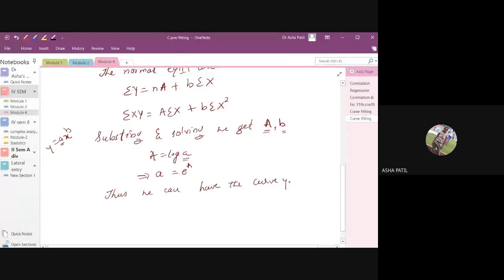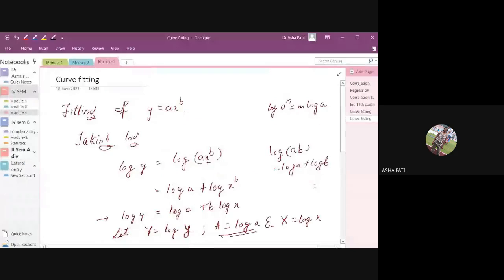Okay, this is the procedure. In your textbook, if you are referring to the textbook, there are different forms given. Don't go for those. Other forms like a b raised to x and a e raised to bx were there earlier, but now they have skipped all these forms. Only y equal to a x raised to b is there for you, so see that you do only this form. Okay, let us go for an example.